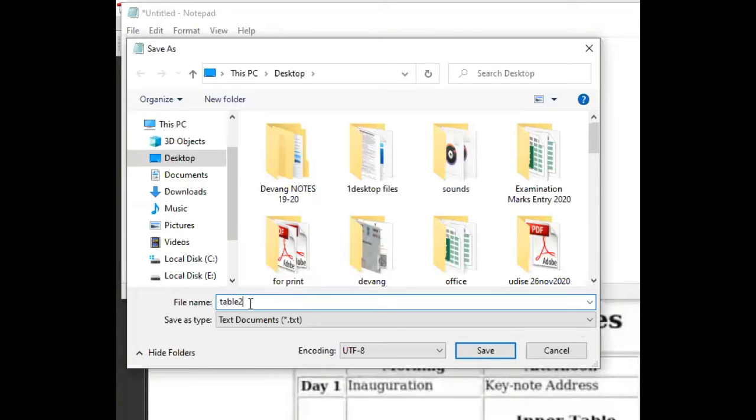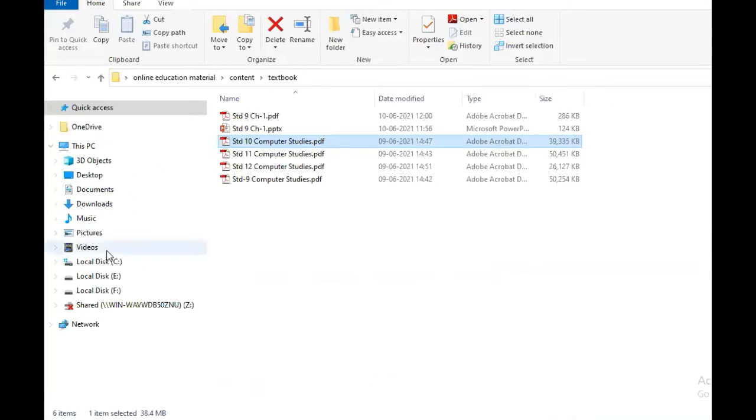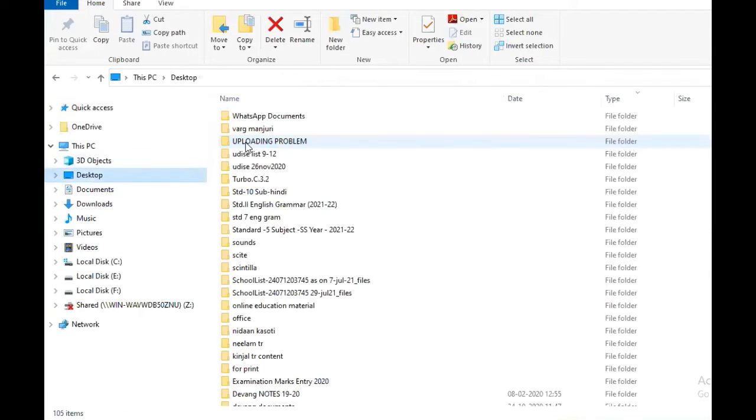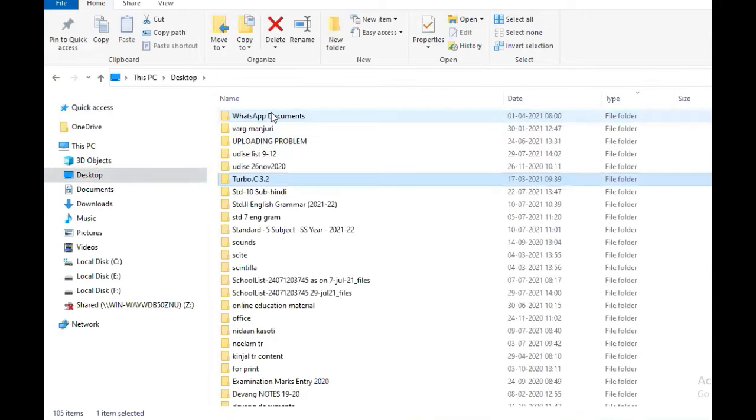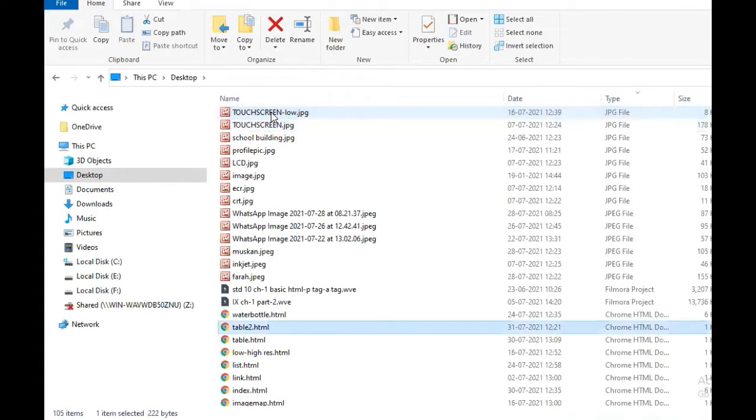This is second table that we are creating here, table2.html. Okay. Now on desktop there is table2 file.